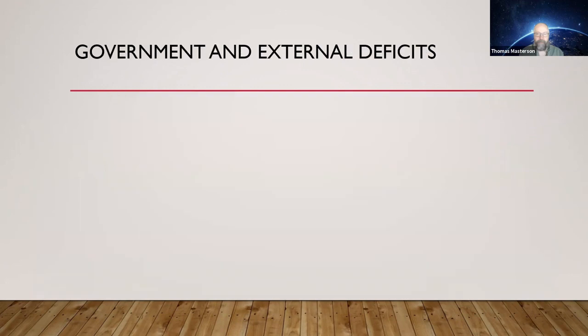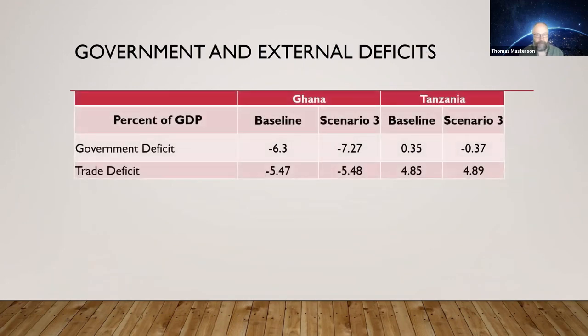In terms of the government and external deficits, these are important considerations, of course. As a percentage of GDP, government and trade deficits are 6.3 and 5.5% in Ghana in the baseline, and 0.35 and 4.85% in Tanzania. If you look at the result for doing both of the interventions, so that's scenario 3,